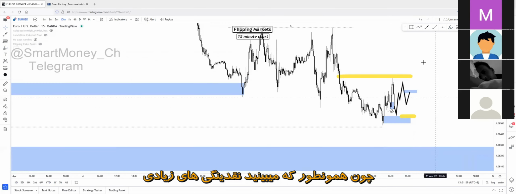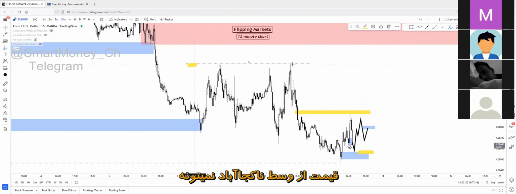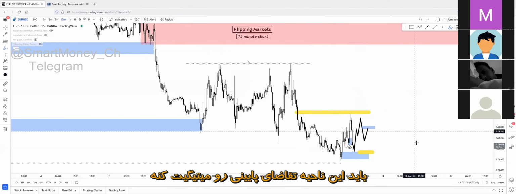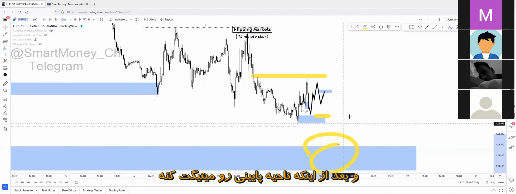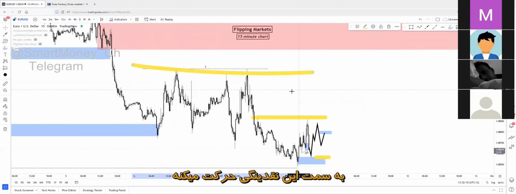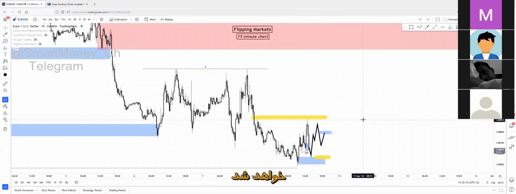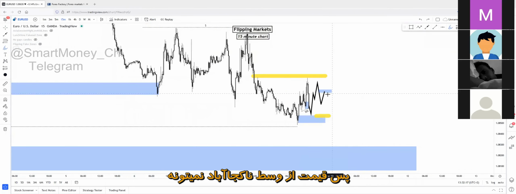Because as you can see, lots of liquidity has been left out right here at this region. Price won't just reverse in the middle of nowhere to go up for that liquidity. It has to tap a deeper demand area, and after a deeper demand mitigation, it will go up for that liquidity, liquidate it, and tap this supply zone right here at this region. But it won't reverse in the middle of nowhere.